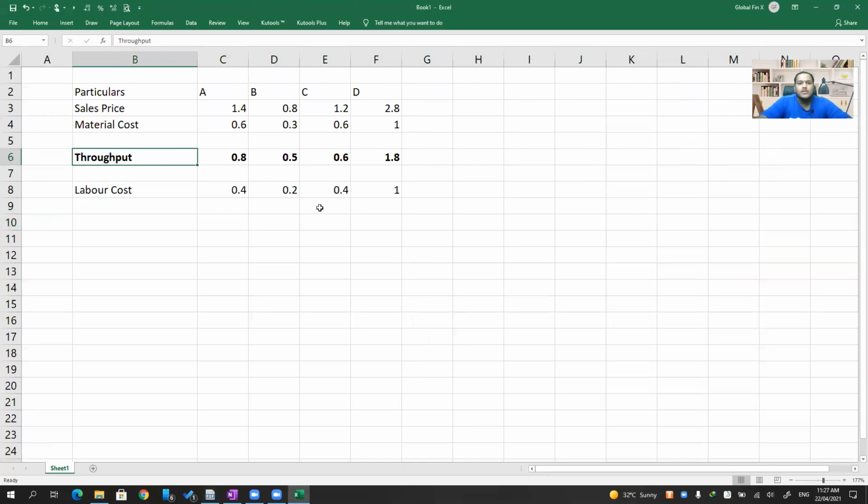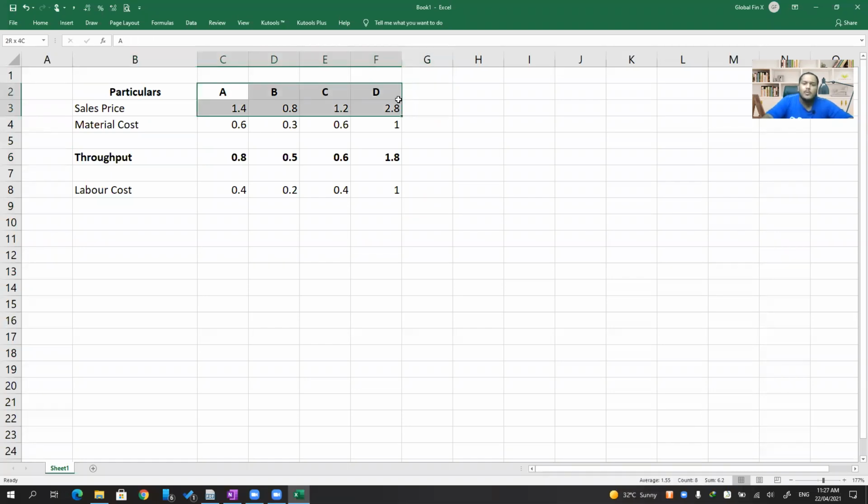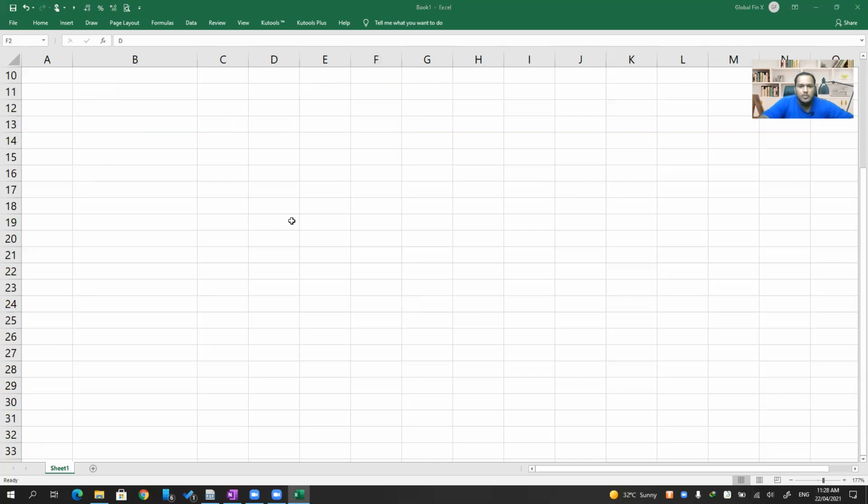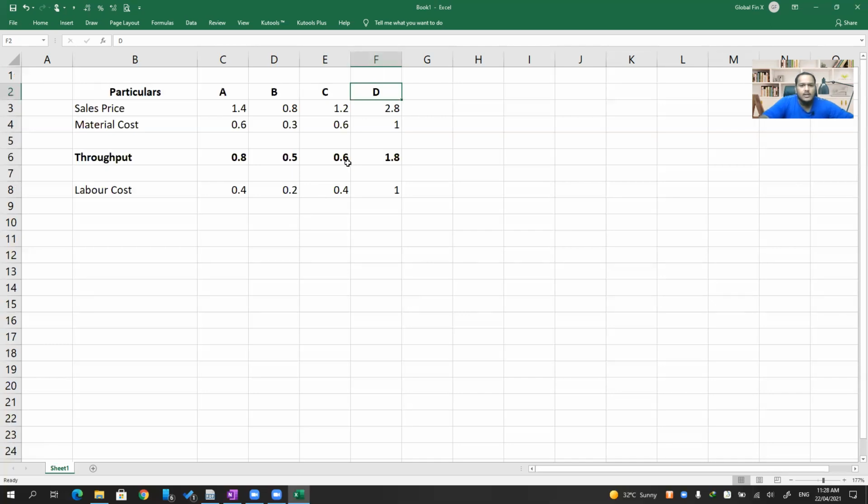Okay, so technically speaking, if some of the resources are lesser in number, which product would you produce first? Without going into the details of it, just pure common sense, sir. I'm telling you, you cannot produce A, B, C, D, all the products in huge quantities. Some of the resources are limited, materials are limited, or else labor are limited, or machine hours are limited. Something is limited. Then which unit will you produce first? A, B, C, or D? Which product will you produce first? Whichever gives highest profit, that is D. Okay, good. So D is giving me highest profit, that is 1.8 in this particular case.